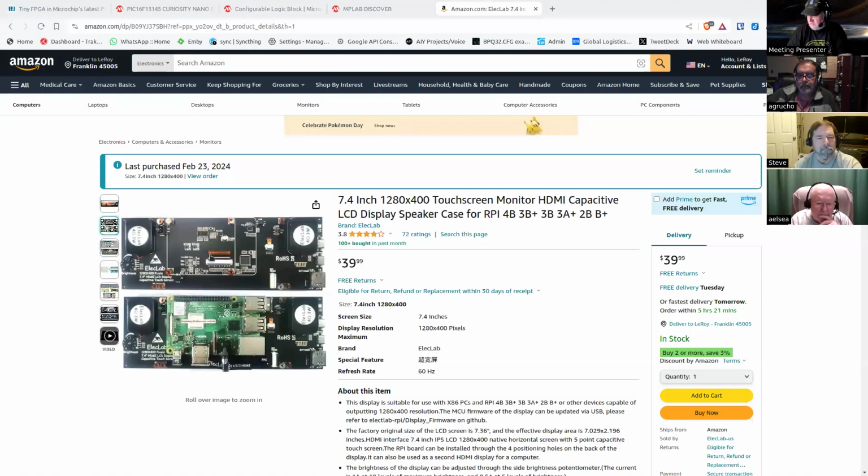I got this. Let me hang on, let me pull up my Amazon orders. I shared it last week, before we actually decided that I was going to buy it. I put it in the chat. When Steve pointed out that it had speakers on it, I was like, "Yep, I'm buying it."